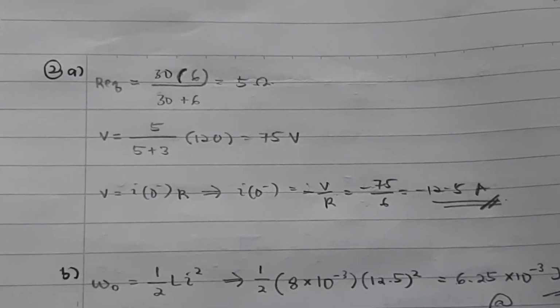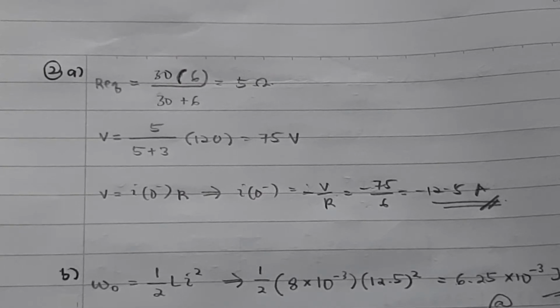Okay, for the first question, they ask us to calculate the initial value of I. First things first, it is easy for us to find I by using just the Ohm's law formula. But first, we need to find the R equivalent. So we need to first combine the 30 ohm and 6 ohm resistors in parallel, which means that R equivalent